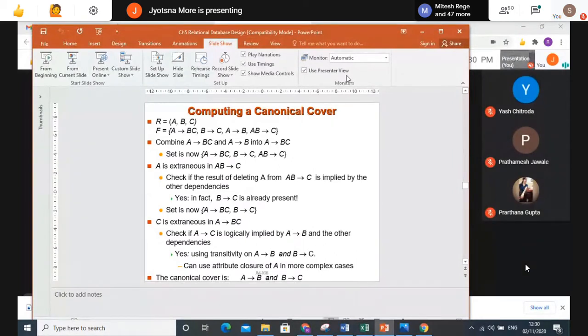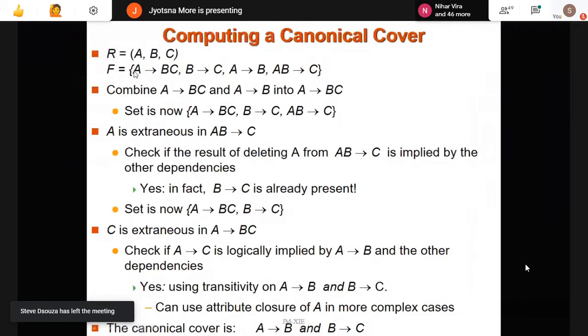For that, one example we have taken: R is our relational schema with the attributes ABC. This is the functional dependency set which is given. Now, for this, I have to find out whether all these functional dependencies are really required or just unnecessary. I have added extra functional dependencies in this, right? To check that, we will go one by one. First I am saying A determine BC. Okay, fine. Then I have B determine C. Okay, so I will not take this right now.